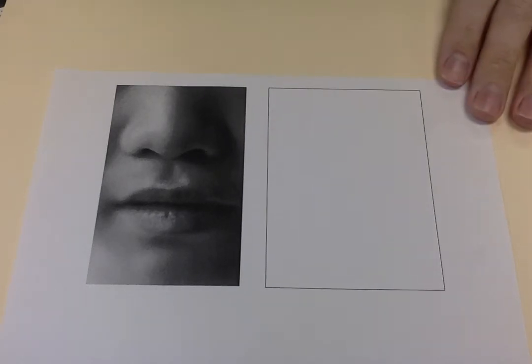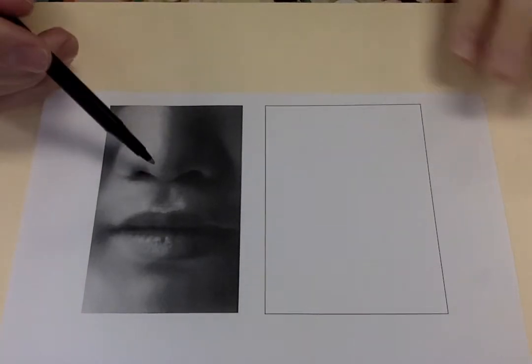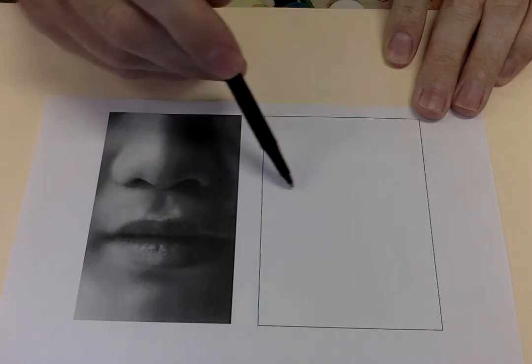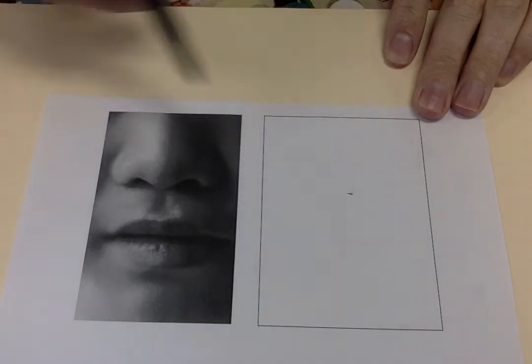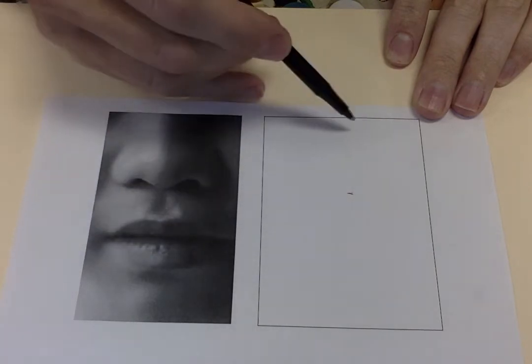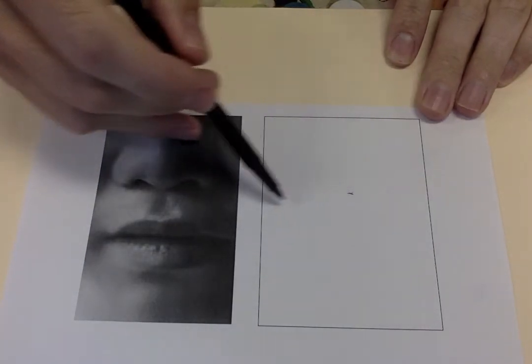Before you even draw, let's map it out. All right, let's map it out. Let's go at the bottom of the nose and see how far down our nose is going to go. Let's go straight across and make a little mark, because you don't want your nose to be way down here. You don't want your nose to be way up here. Let's go straight across and make a mark of where your nose is going to be,